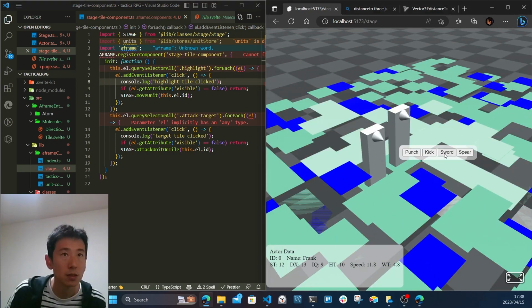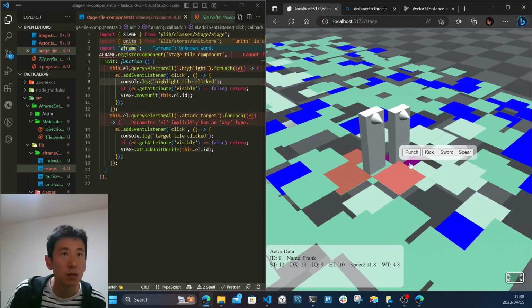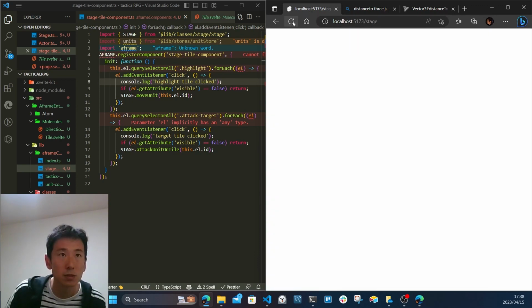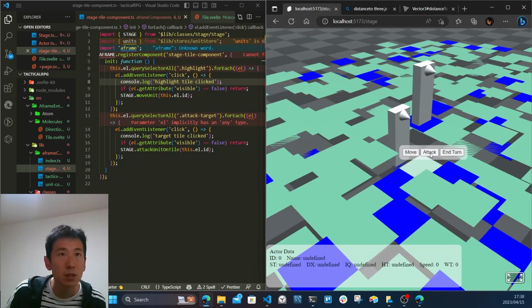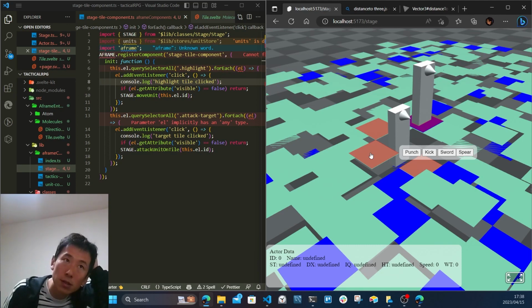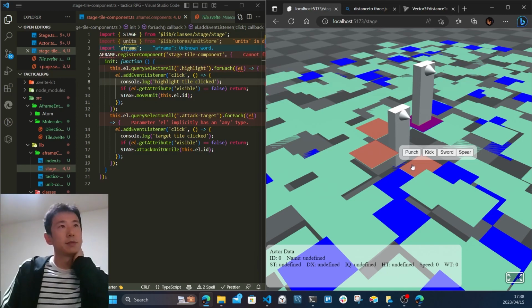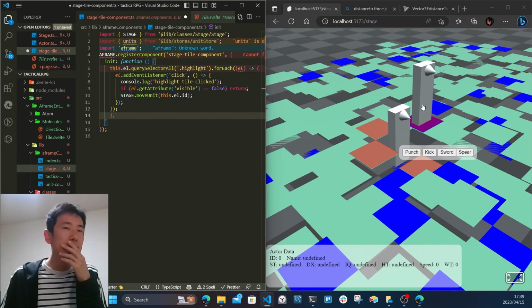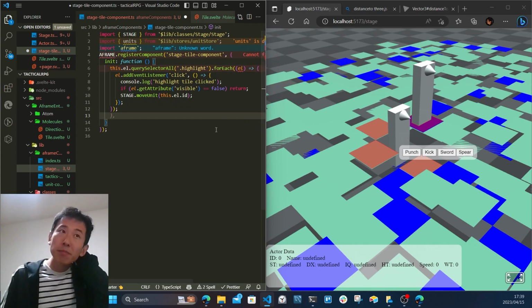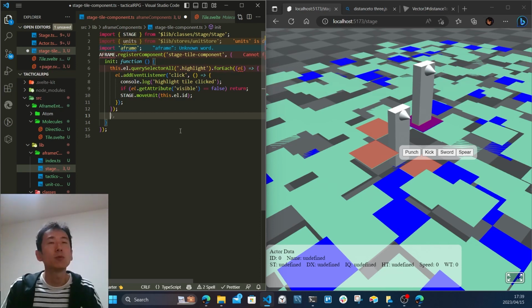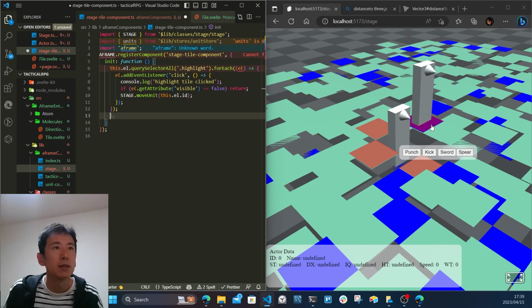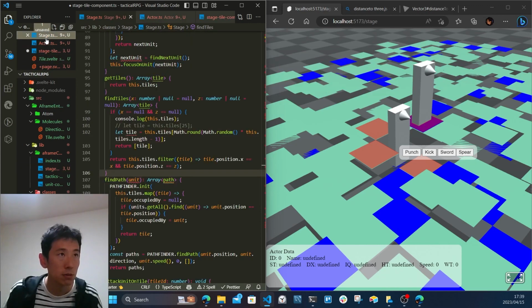Okay, so let's go back. Not sure. So attack, sword, this guy, highlight tile clicked, right? So the highlight tile is clicked before the attack tile. So in order to not do that, instead of making the tile highlighted, well, we can make this tile highlighted, but also we want to make the unit clickable. So let's go to the stage, and